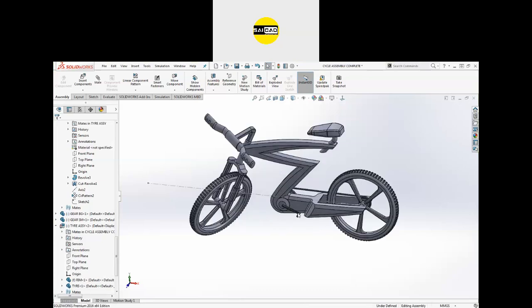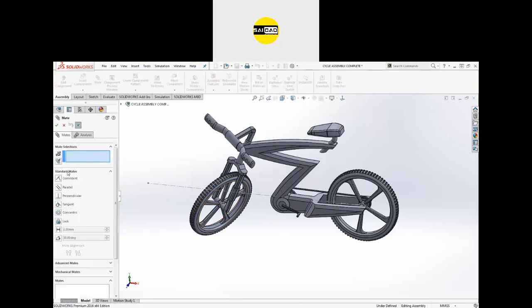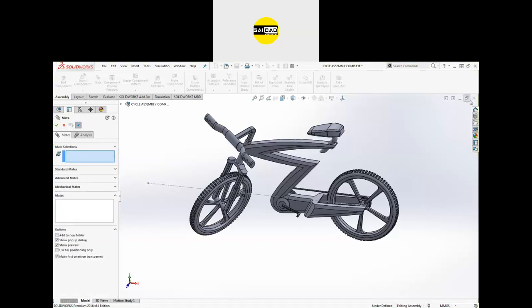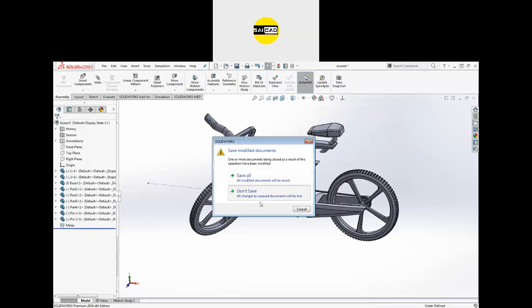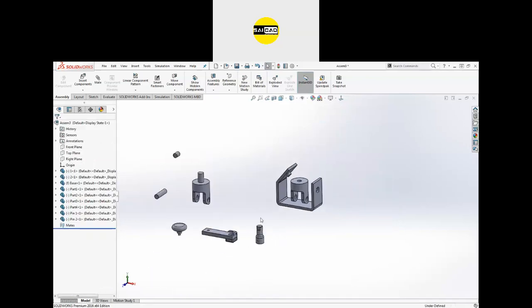So to create these types of assemblies, we use different kinds of mates from here. We have the standard mate to just create a simple product. To apply some limits, we have the advanced mate. To apply the mechanical mates like screw, rack and pinion, universal joint, we have this option: Mechanical. Let's start with a simple joint, simple standard mates from here.